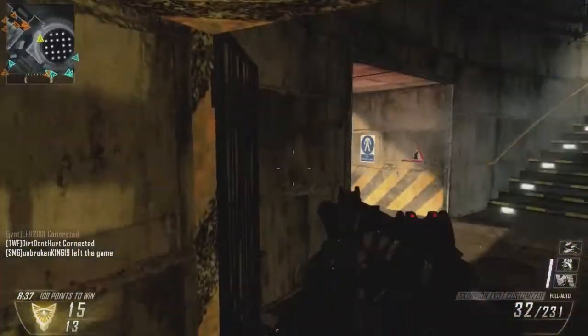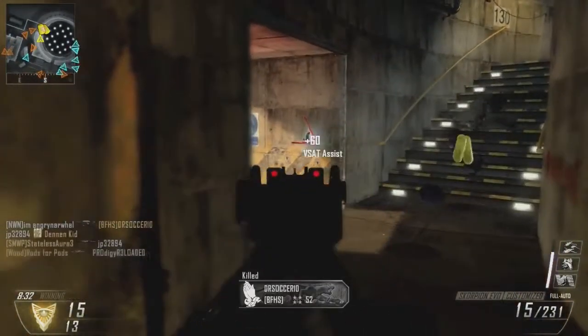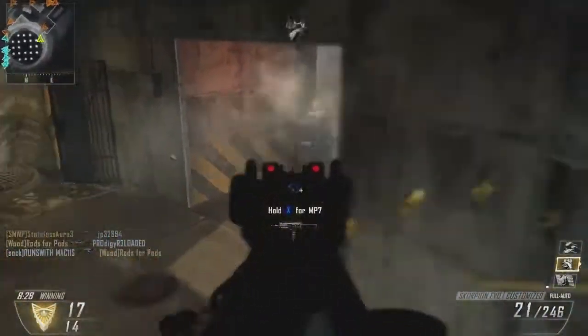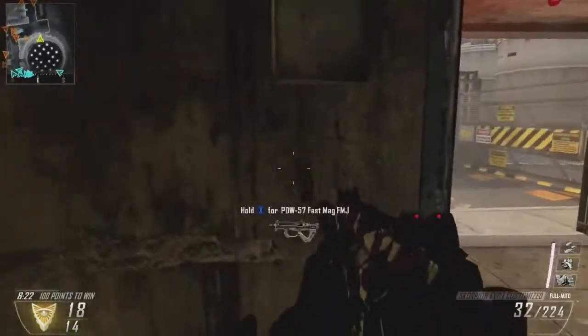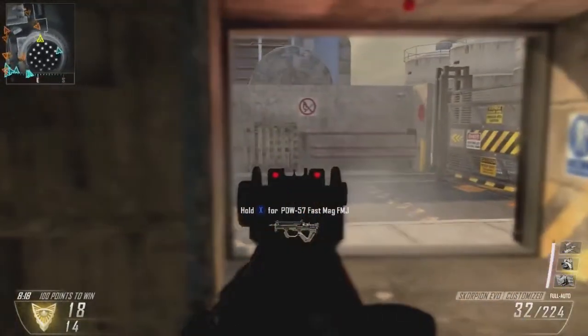So I get a little campy here because I see all these enemies running towards me. I don't want to run out there because I'm outnumbered, so I wait it out. And I think that was the best decision I could have made because, yeah, I got a little campy, but it also saved the gameplay for me. I wouldn't have got my swarm, and the swarm I get right here is one of the main reasons